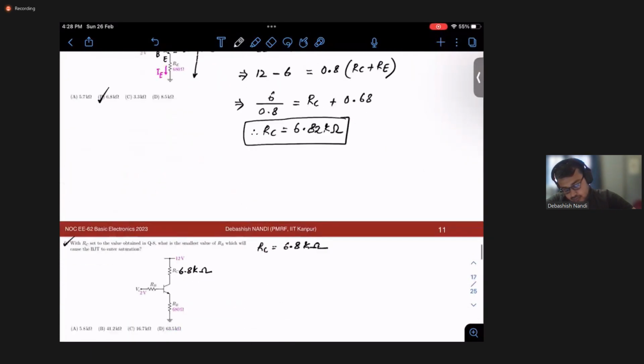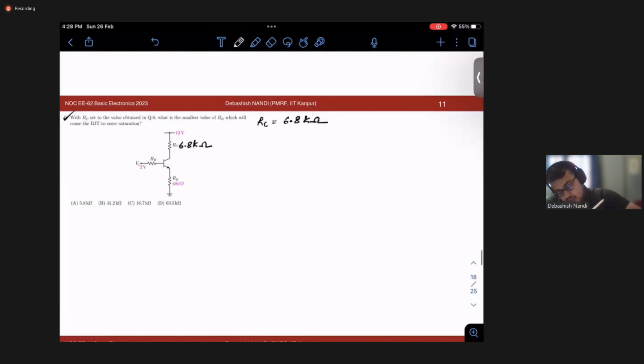So, at which point will the BJT enter into saturation? This I can safely take as 0.2 volt, right? If we take this as 0.2 volt, then I need to find out what is the smallest value of RB, right? So let us apply KVL here, assuming that this is 0.7 volt because this has to be